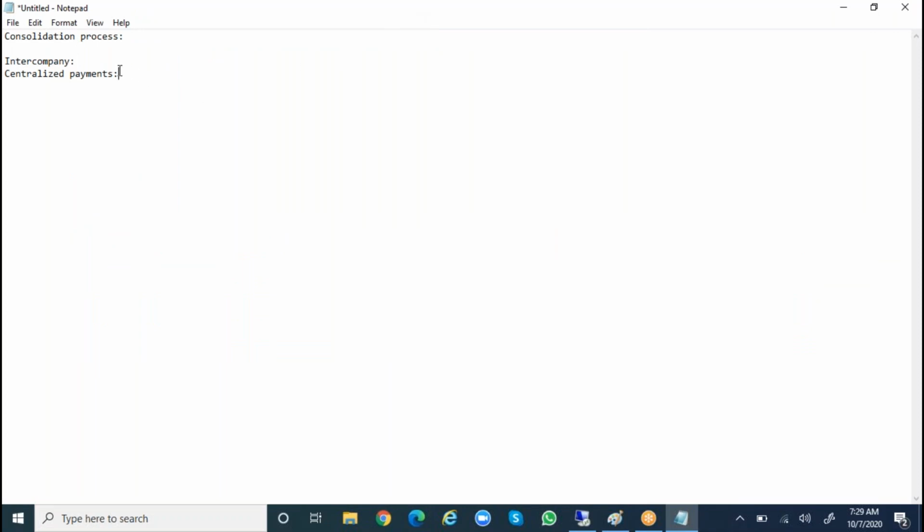Next one is centralized payments. What is this centralized payments? We can do payment for other organizations also. Example, suppose I have a company in Mumbai, a company in Hyderabad and Bangalore and Delhi.